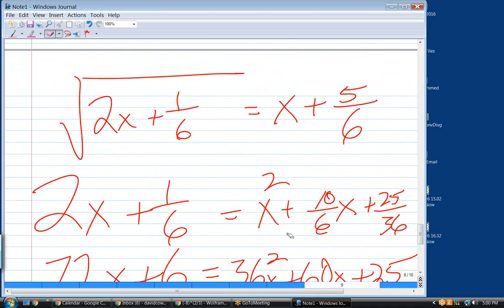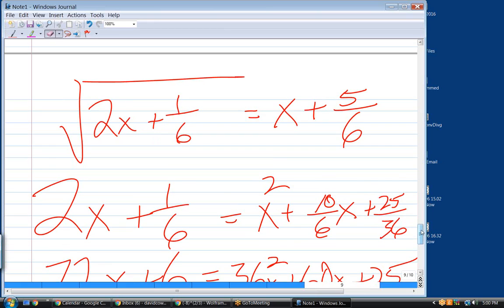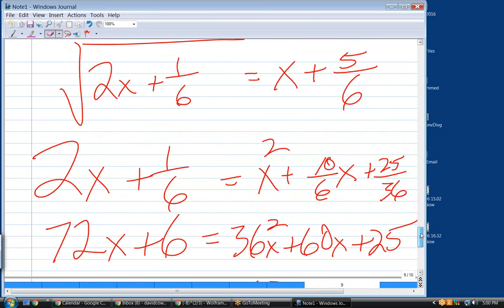Have you had complex numbers or not? No, not yet. Not yet? Well, then no solution on this problem. Okay. If you'd had complex numbers, then maybe you put in the two complex solutions, although I don't know that you can take the square root of a complex number either. So just no solution on this, unless I've made a mistake. I don't think I have. I haven't seen one yet.